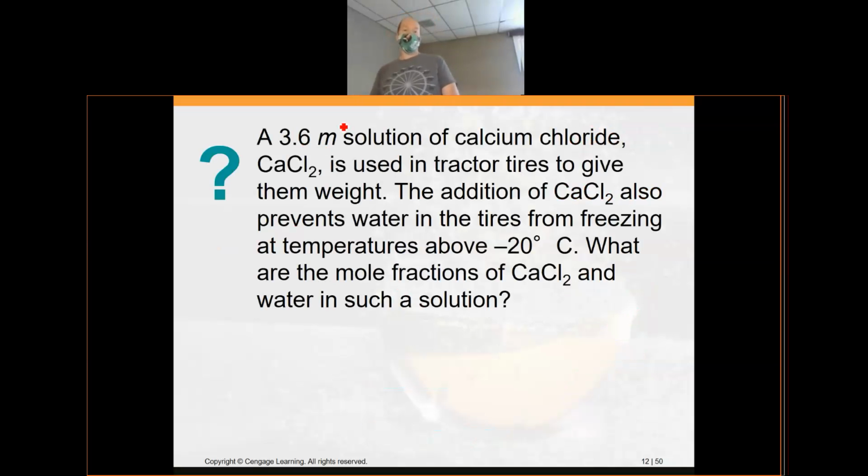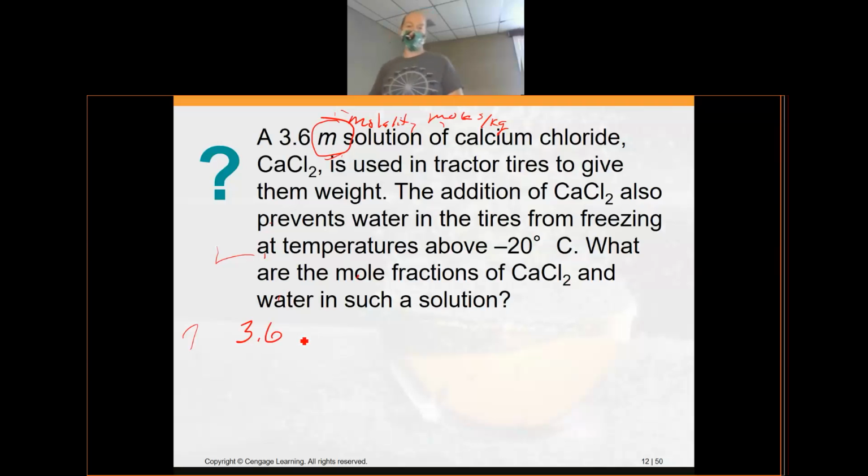All right, little m, extremely useless. If you don't know what this means, then you can never get this problem right. All right, so that is a lowercase m. You have to know that's molality. Even if you know that's molality, that's not good enough. All right, so you know it's molality. And even if you know that that is moles per kilogram, again, that's not good enough. So you have to have the units